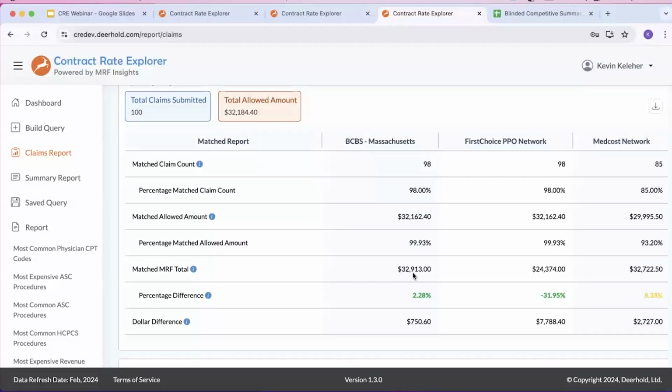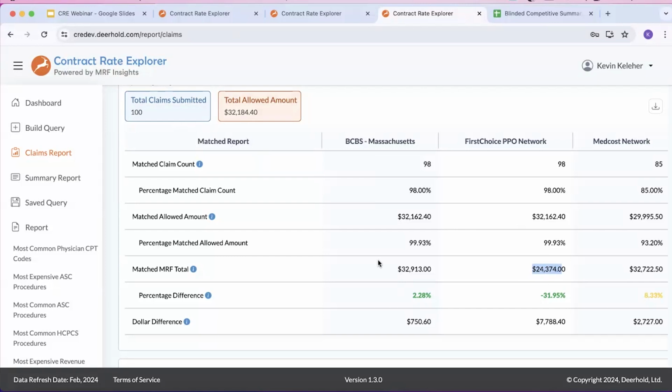But if the first choice PPO network was used, that same $32,162 that I had in my sample file would have been repriced at $24,374, for savings of almost 32%, using the first choice PPO data. Now, don't read too much into these rates. This was obviously a sample data set of only 100 claim lines, but this allows users to be able to